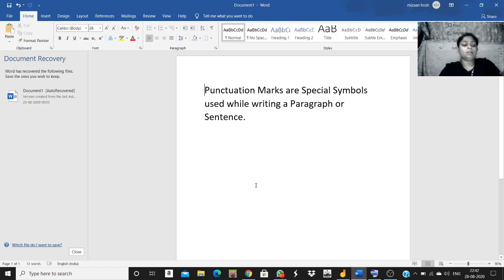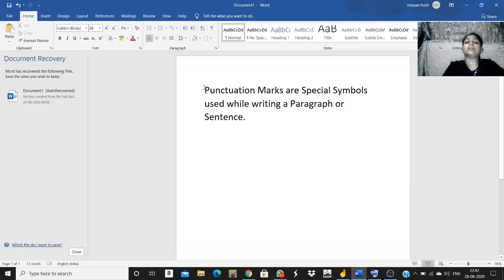Okay. Let me do it through my keyboard only, not the inbuilt one. And when you have to bring the cursor down, what do you have to do? You have to press Control plus End. Let us see what happens when we press Control plus End. Now I'm pressing the Control key and the End key. Now children, see, automatically the cursor has come down. Now again I'll press Control plus Home and the cursor has moved to the top. So these are the combination keys which help you in doing some particular tasks.